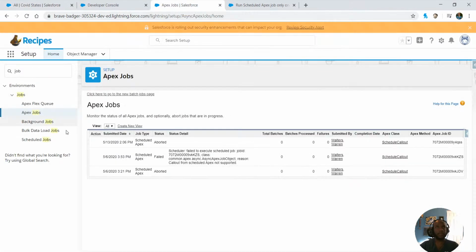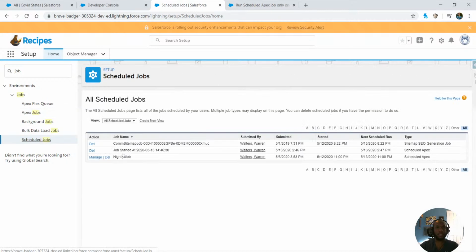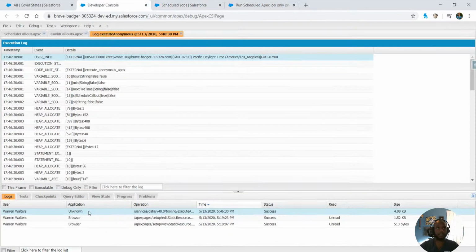And if we go back to our scheduled jobs, we should hopefully see one. So we're seeing one out here at 2:47. So let's give that a minute to update, and hopefully it won't go through, but it'll give us our correct error and then we can fix it. While we wait for that to go off in the debug logs to show that it has an error, I'm going to skip ahead. And if we think about the error, it is